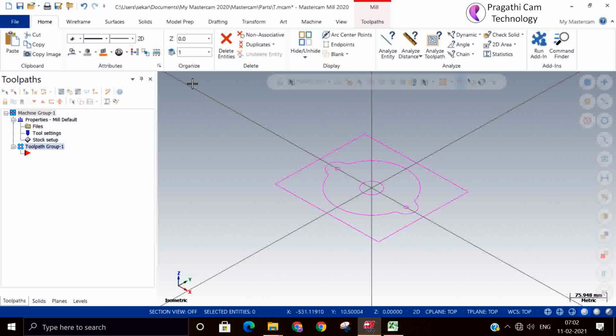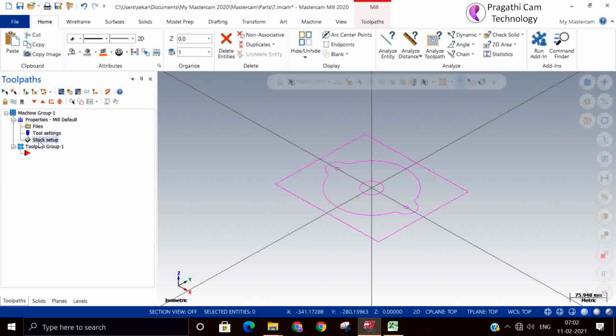So next, now we need to put the raw material here. So you can click on the stock setup. So we know that Mastercam X0 Y0 is there.